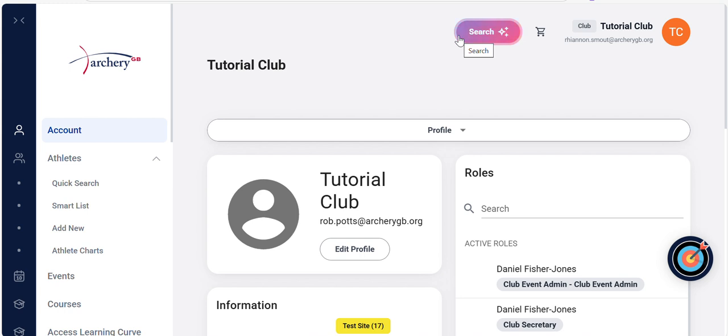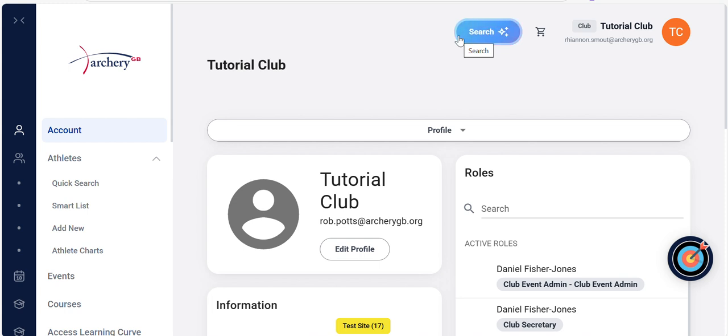When you get that advisory message, please get in touch with us in membership services because we'll be able to locate that person's details in our system and manually transfer them onto your Athlete Smart List. All we'll need you to tell us is the person's name and their date of birth so that we can search for them. And you can do that by calling us on 01952 677 888 or by dropping us an email to